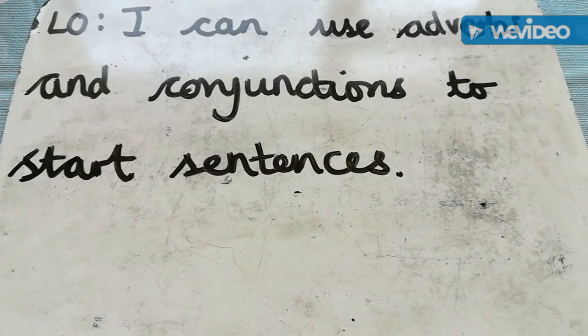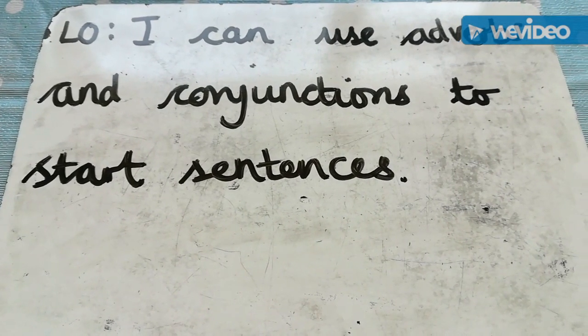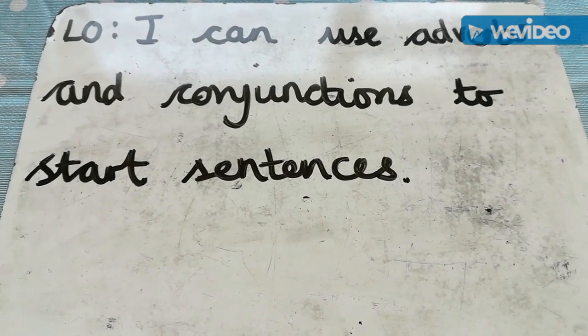So the learning objective today is I can use adverbs and conjunctions to start sentences. Hi Year 3, so as you'll have seen from the learning objective, today's lesson is all about using adverbs and conjunctions at the start of our sentences. And this is really to help us with some writing that we're going to be doing on Theseus and the Minotaur later this week. Today we're going to be practicing using conjunctions and adverbs in some sentences about Theseus and